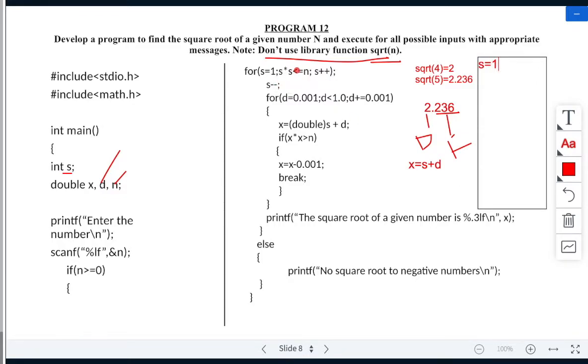Semicolon, s into s, that's 1 into 1, less than or equal to n. We'll take the input as 5, so my output should be 2.236.